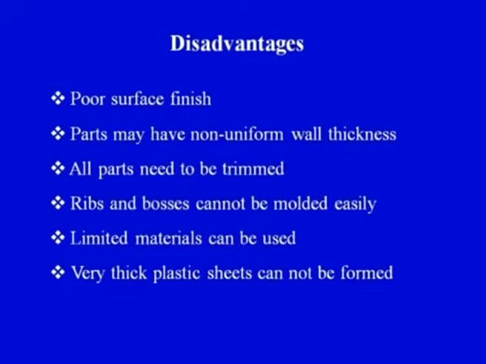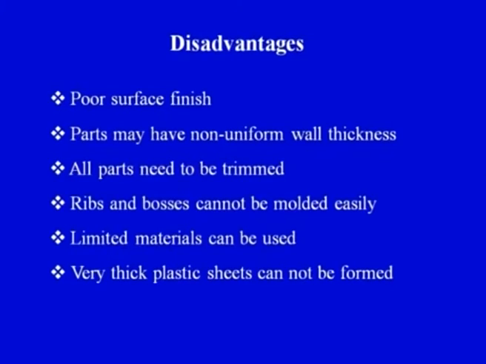On your screen we can see it has poor surface finish. Sometimes the finish that we get is not according to the desirable finish that is designed into the product. Now, the product has been designed for a specific surface finish, but because of the process details or process variations, sometimes we are not able to get the desirable surface finish. Because you can see the way the pressure is being applied, sometimes the uniform pressure may not be applied and the finish that we get may not be that good.